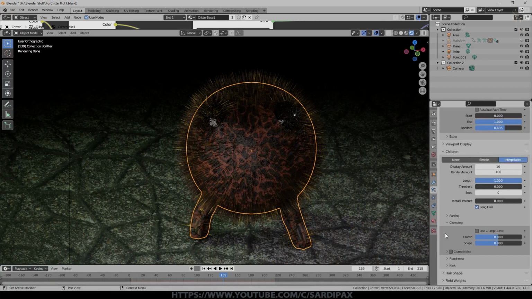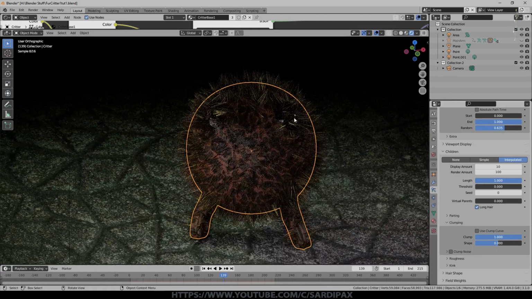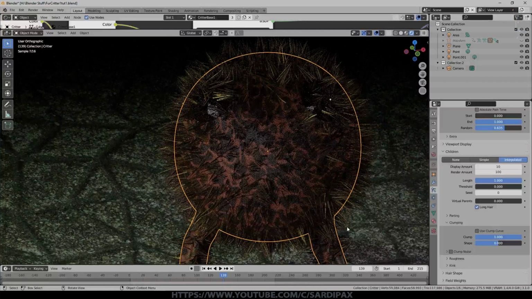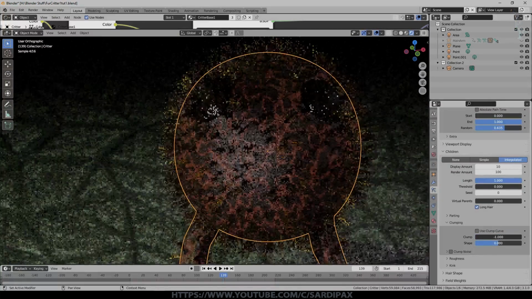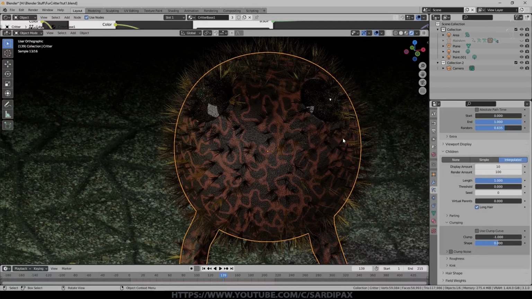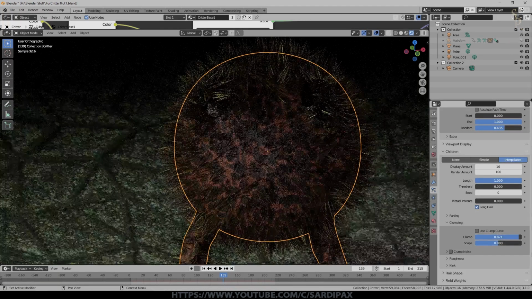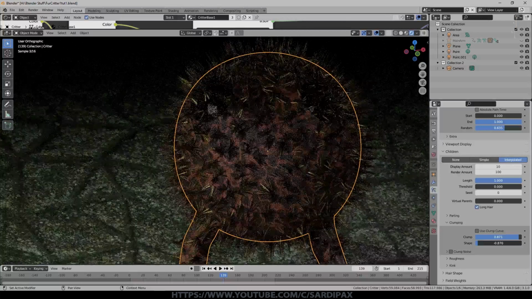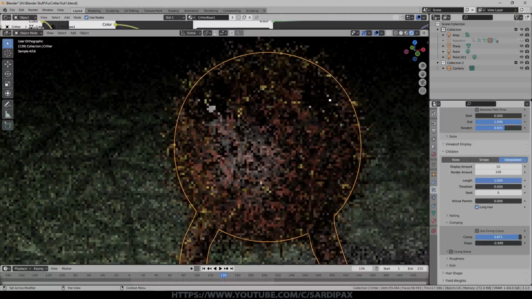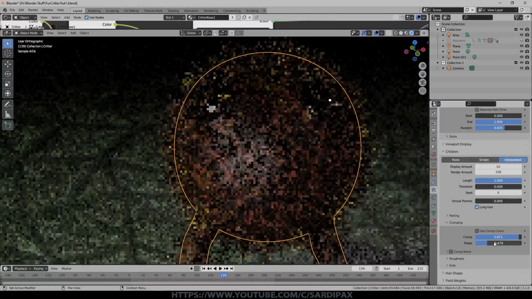These settings apply to the children only, and you can set it up so the children's position and angles are influenced by these settings. So if I put clumping on, for example, you can see that the children hairs, in this case, are all pointing towards their parents at the top. Or I can go down to a negative number, and now what they're doing is the tops of them are pointing away from the parents, and it's the base that's close to the parent. So often used when you're creating things like grass simulations and so on. And then the shape of it will obviously affect the way that clump is structured. So you can see we're getting sort of quite pointy structures to more angular structures.